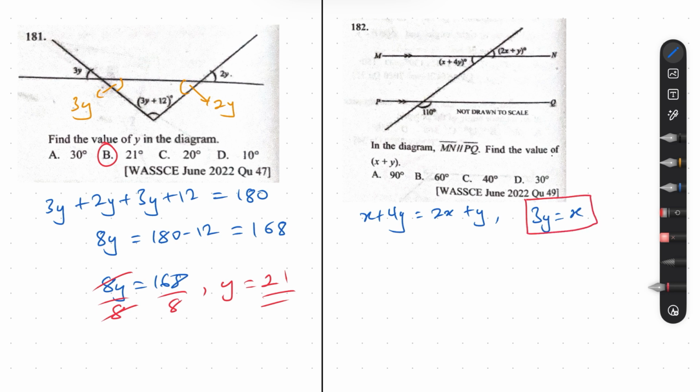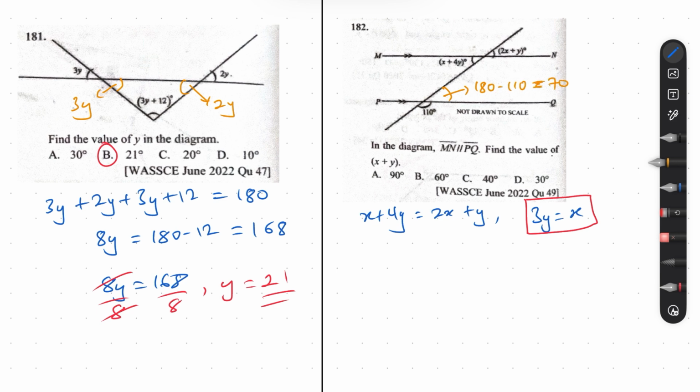Now we can do another subtraction. This angle right here is alternate to this angle. Before we talk about the alternate angles, let's see if we can find this angle. We can easily find this angle to be 180 minus this angle, because this angle right here is supplementary. Since we know this side, we can find this side by subtracting from 180. So 180 minus 110,